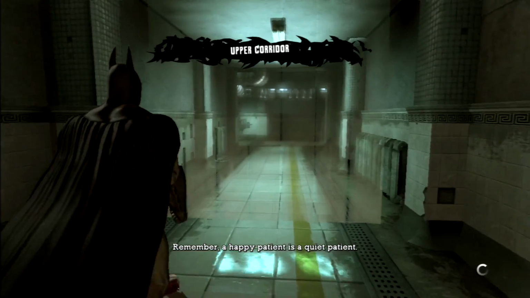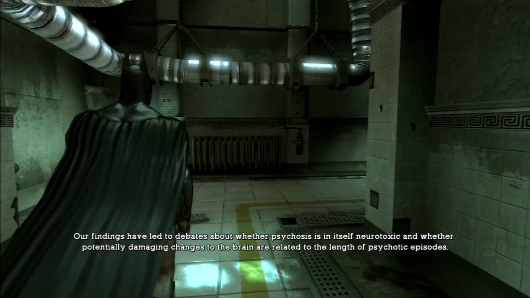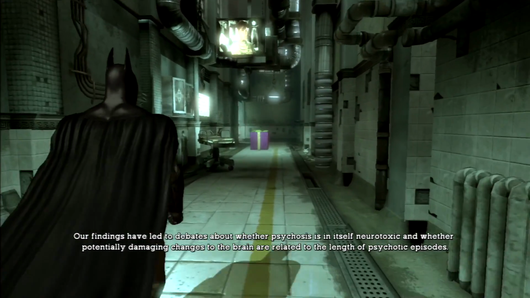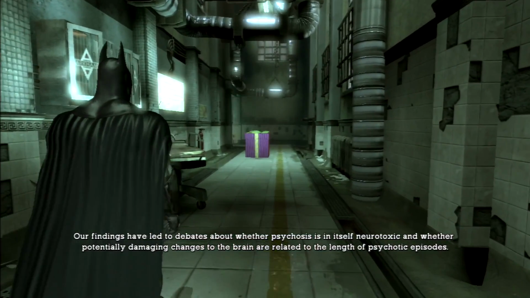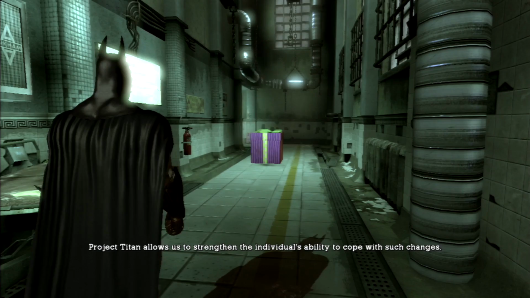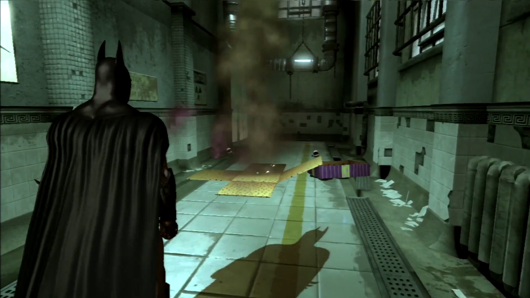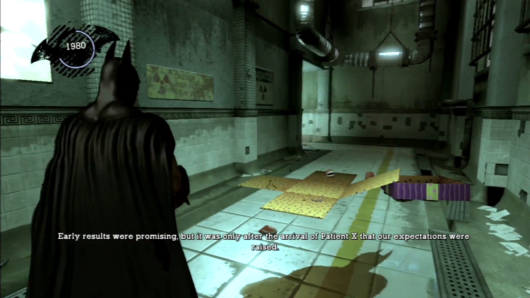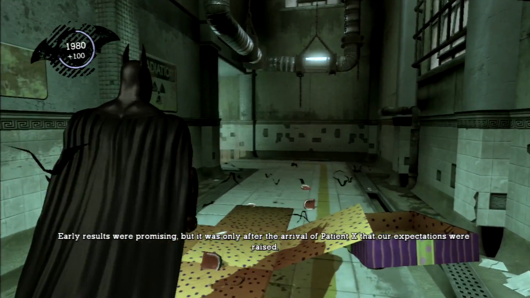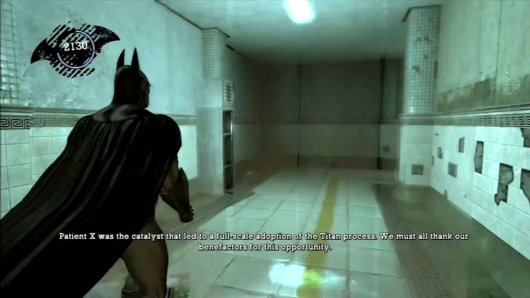Remember, a happy patient is a quiet patient. Our findings have led to debates about whether psychosis is in itself neurotoxic, and whether potentially damaging changes to the brain are related to the length of psychotic episodes. In Project Titan, Joker's allows us to strengthen the individual's ability to cope with such changes. Early results were promising, but it was only after the arrival of Patient X that our expectations were raised. Patient X was the catalyst that...